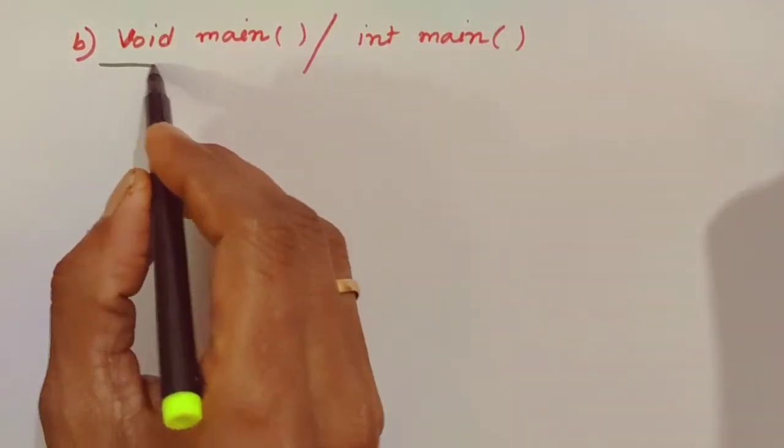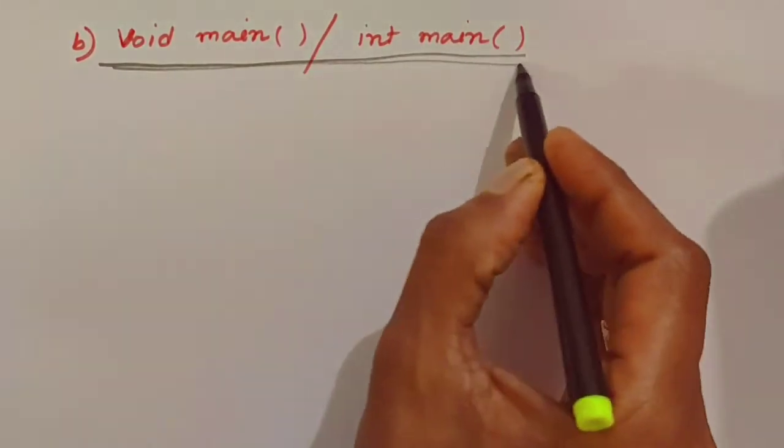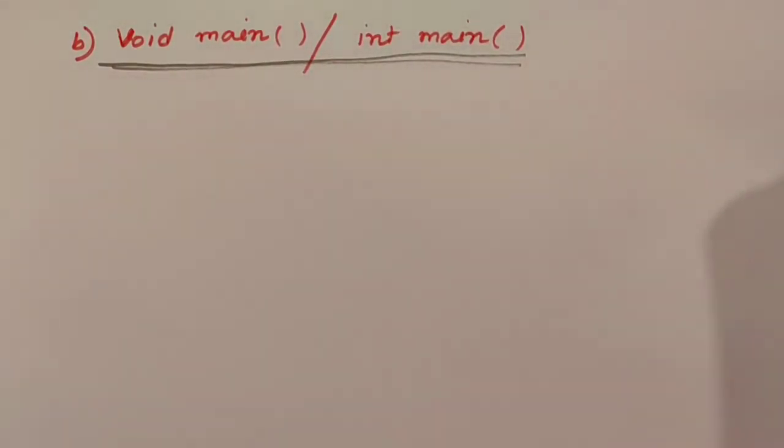Now coming to the second part of the C structure, sometimes we use int main or sometimes void main. The question that comes to mind is what the difference between these two is. The main function is like other functions. It also takes arguments and returns some value. One point we have to keep in mind is that the program starts executing from this main function. So the operating system calls this function. When some value is returned from main, it is returned to the operating system.